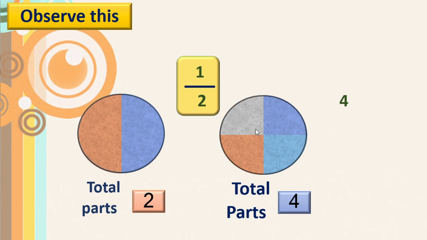Okay. And here total parts are 4. Isn't it? And how many blue parts can we see here? This is only one blue part. This is a quarter. Correct? Out of 4 parts, one part is called a quarter. Got this? This is half and this is, okay, quarter and half. See this? Okay, first one is half and second one is a quarter. How do we write? 1 upon 2 for half and 1 upon 4 for quarter.